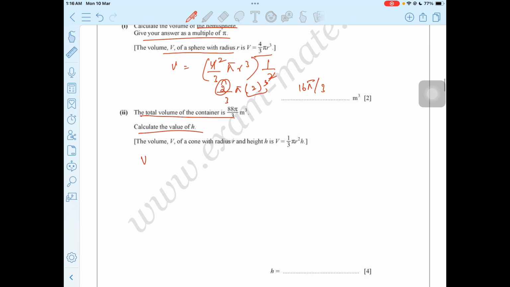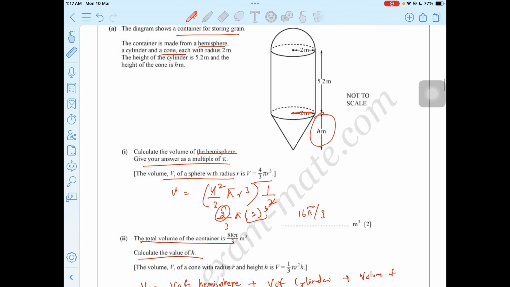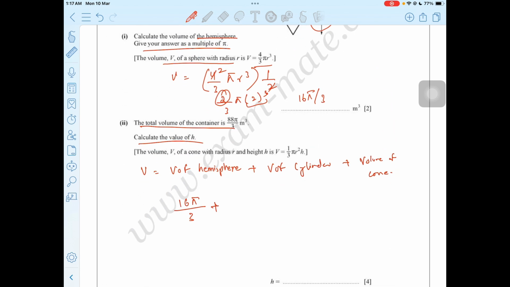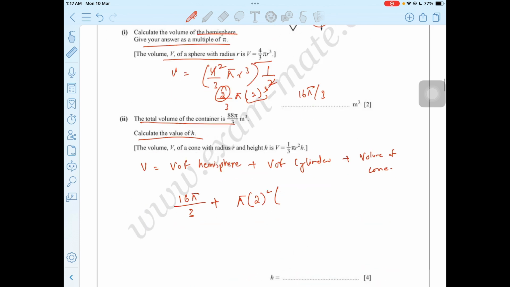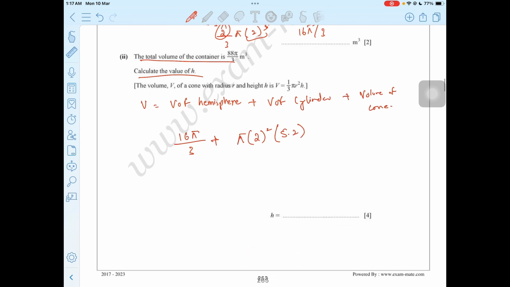So the total volume would be volume of hemisphere plus volume of cylinder plus volume of cone, right? So volume of hemisphere is 16 pi by 3, plus we have volume of cylinder as pi r square h, right? So this would be pi, r is basically 2. We have our height as 5.2, right? We have total volume as 88 pi by 3,